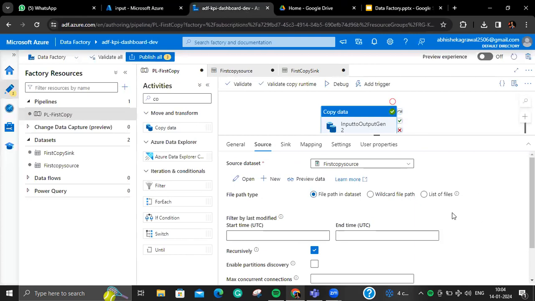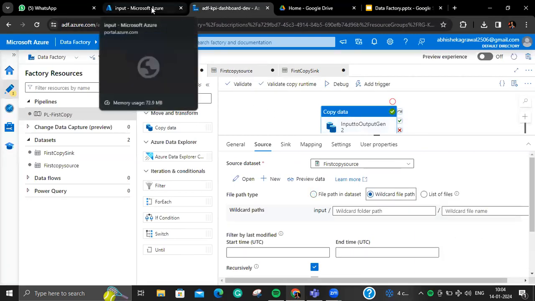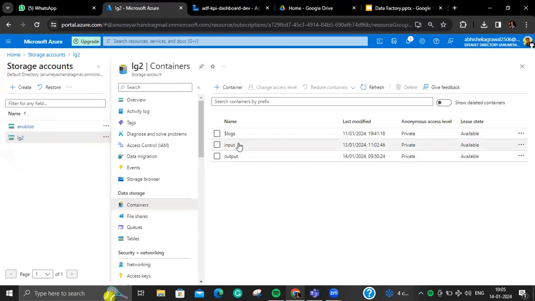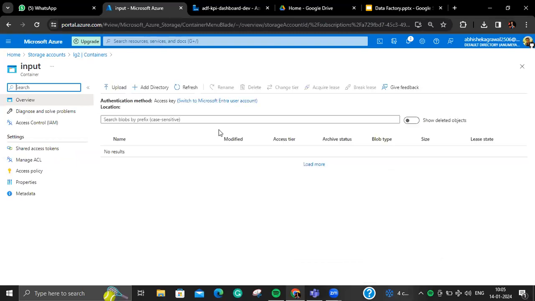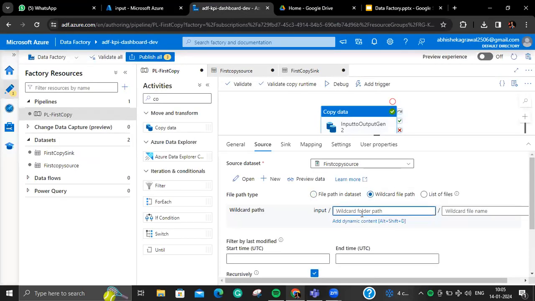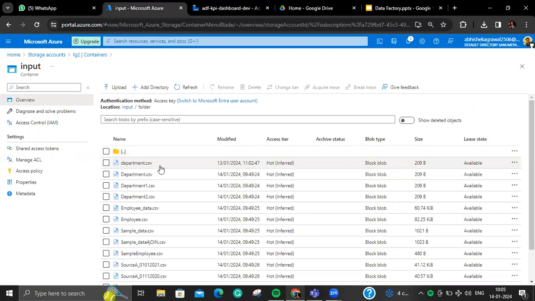So you have this wildcard option, where you can put the wildcard which you want to provide. Here, I'm going to the input container, and then to the folder. So here you can give the wildcard folder path, which is folder, and the wildcard file name, which is for example, department CSV,